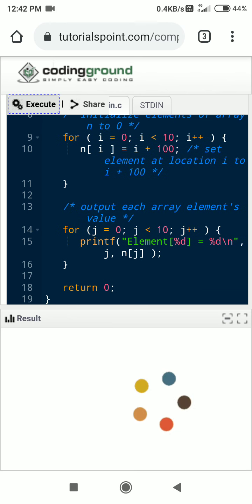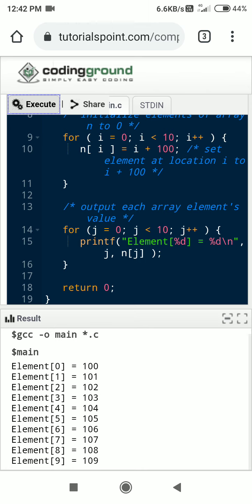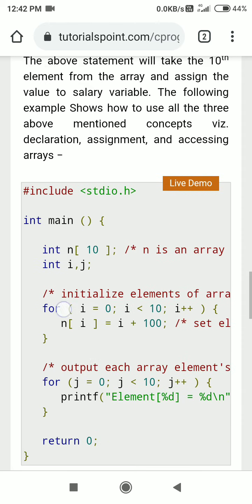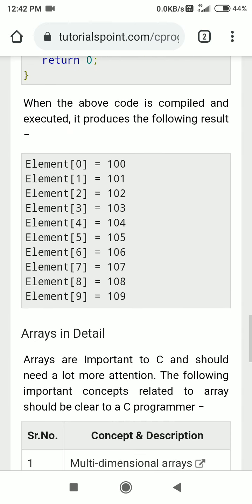So let us see what output we get. This is 100, 101, up to 109. We will get these things in the output. Okay, so this is what an array is.